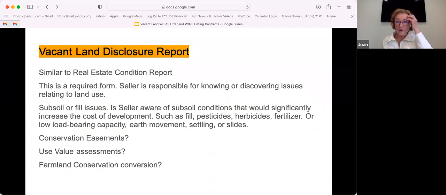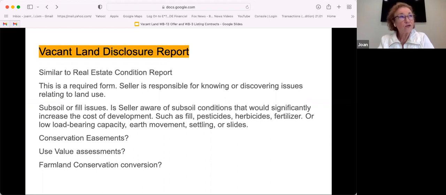Then I'm just going to take a moment to talk about the vacant land disclosure report. It is, as I said, just like the real estate condition report, we call the record. It's required just like the record is. And as I reiterate, importantly, the seller is responsible for knowing or discovering issues relating to the land use. So I wouldn't take from my seller just the fact that I don't know response. Press upon your seller to find out as much as he can. Go to the municipality,